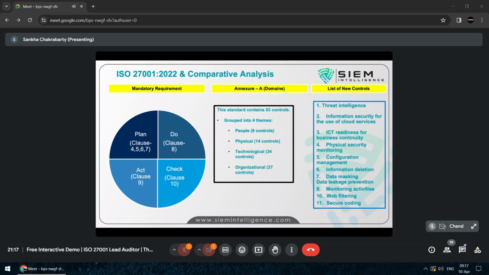Now, what are these new controls which 2022 comes up with? These are, as you can see over here, threat intelligence, where there is a SIEM implementation. I also teach Splunk. If you find this interesting, you can come for the Splunk training as well, because in most organizations there is a huge demand for Splunk. Because the threat intelligence clause is there in the ISO, they have to have a SIEM tool, a security incident and event management tool, and most organizations are opting for Splunk. So if you are learning ISO plus Splunk, it will be a golden opportunity for you to enter the market.